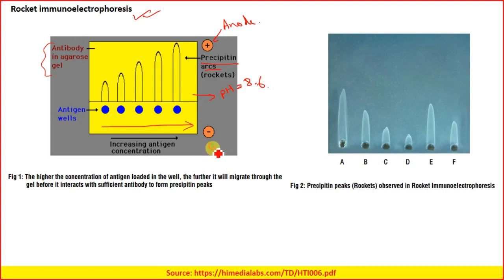In electrophoresis you have anode and cathode. Antigens are usually anions in nature. So please be reminded, antigens appear as anions, and hence towards the antigen we give the cathode. Okay, and this is a typical example of immunoelectrophoresis. It will look something like this. Okay.